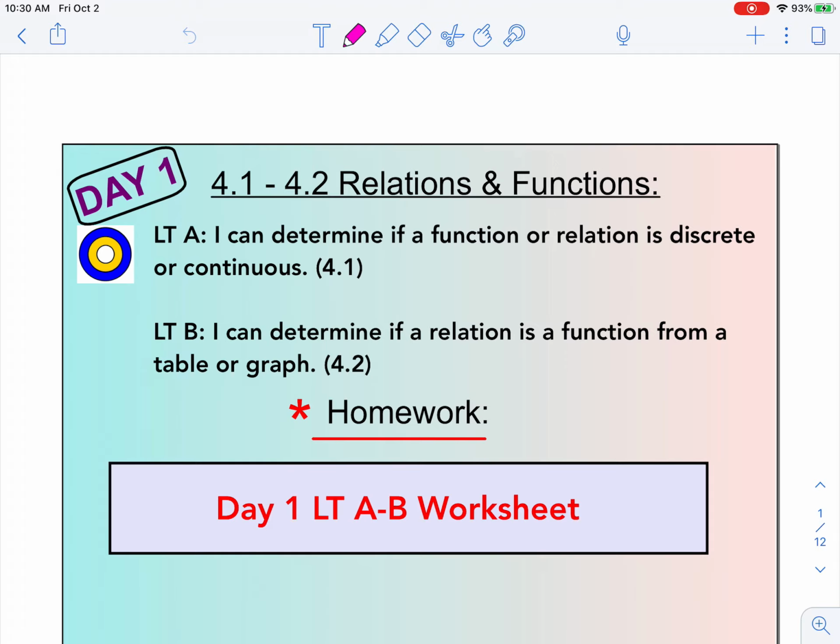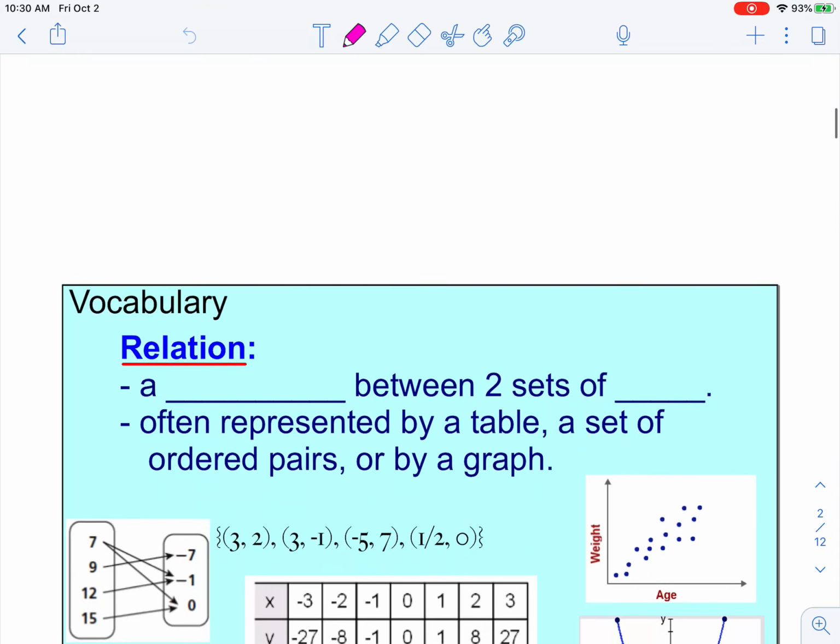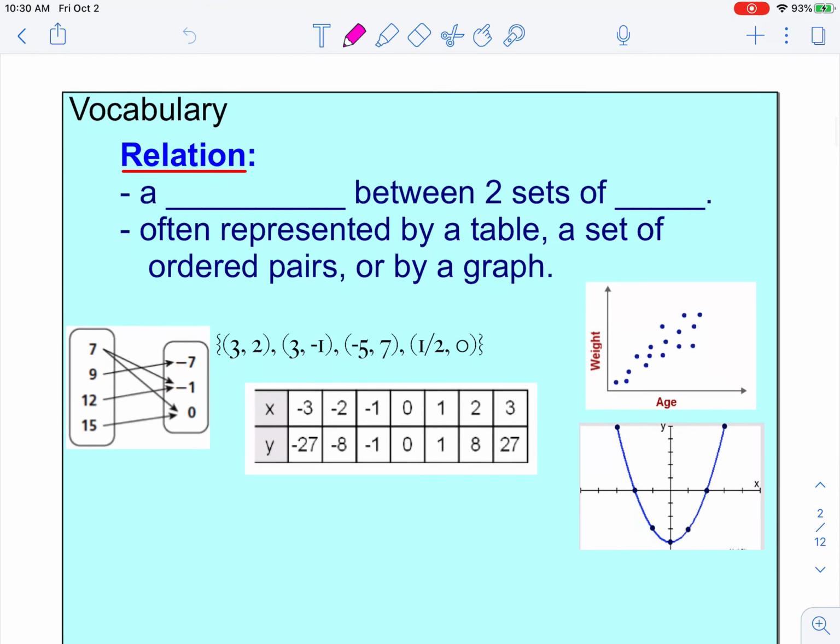Chapter 4, Day 1, we are going to explore relations and functions. We're going to determine what a relation is and a function. We're also going to talk about discrete or continuous. So, here's some vocabulary. A relation is